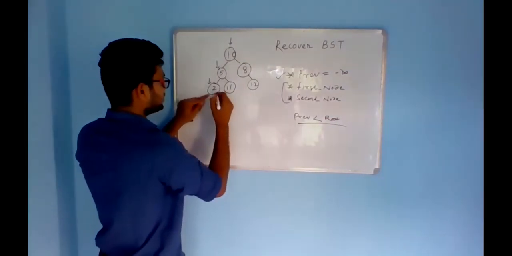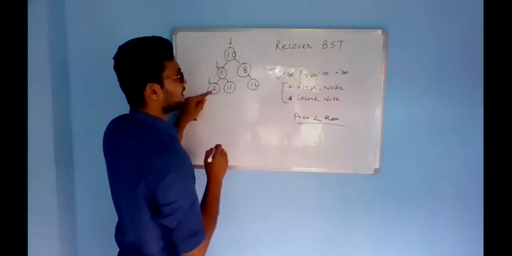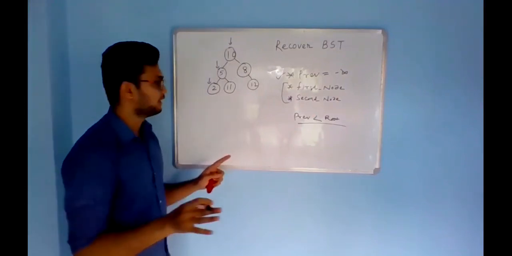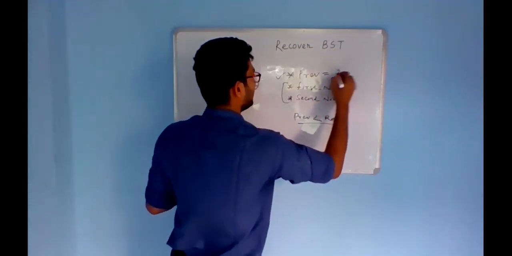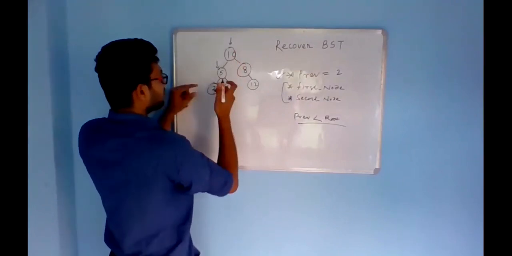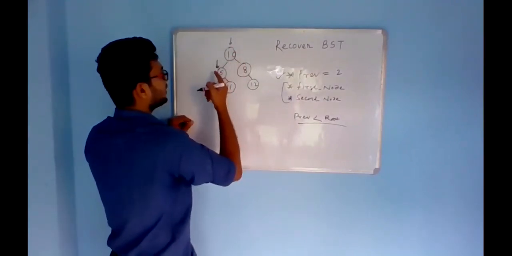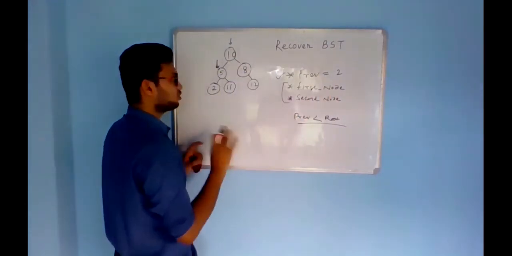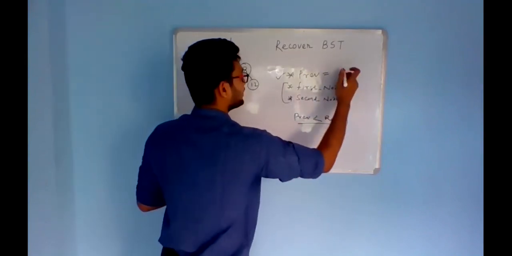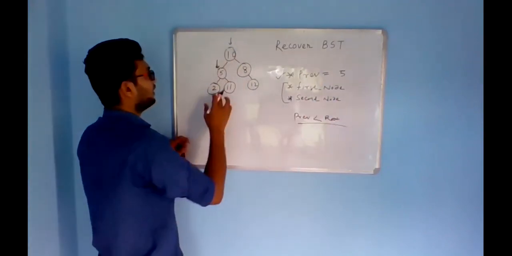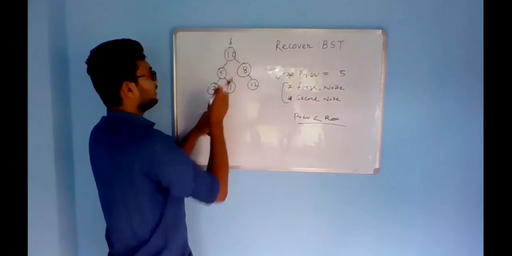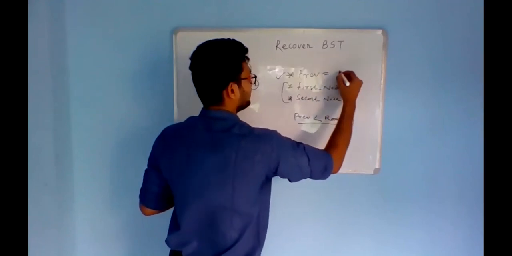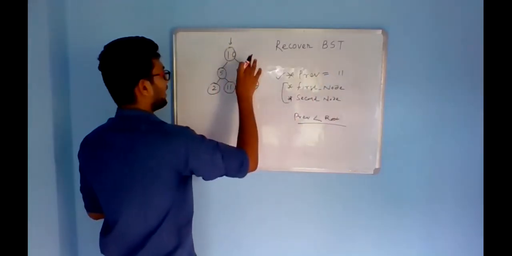So now let's see. This is the root node. Okay, 2. So 2 is greater than negative infinity. So till this point, every configuration is all right. So now let's update the previous. Now let's move on. In order fashion, I will now be coming to 5, and I see that 5 is greater than the previous node. So till this point, everything is okay. Now let's update the previous from 2 to 5, and now I come to 11, and I see that 11 is greater than 5. Okay, so I will update the previous with 11.